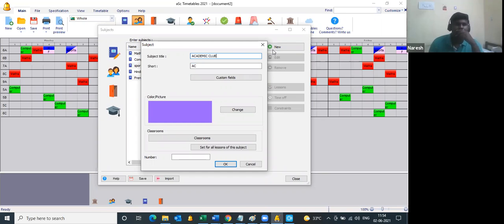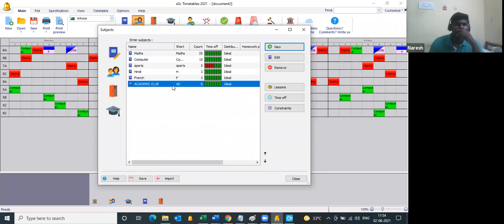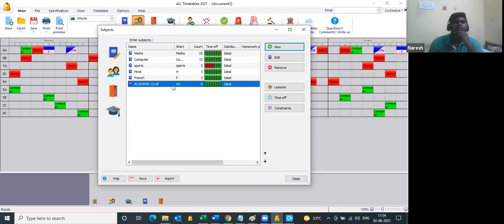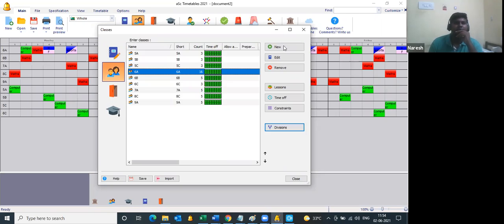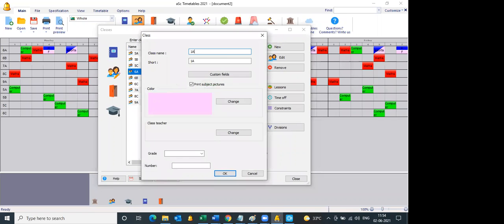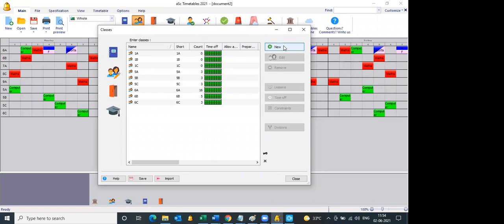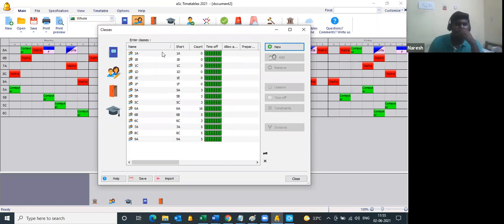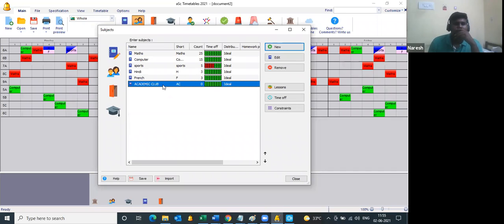Okay, this happens on which part of the day, or which period? Suppose now we are doing after the school, but when we turn up physically, we'll have the particular period at that time. Suppose if I say Monday second period is club period for grade 1. Okay, so grade 1 in the sense 1A, 1B, 1C, the entire. Yes, correct. Okay, say for example we have 1A to 1F, all right. So subject will be academic club.